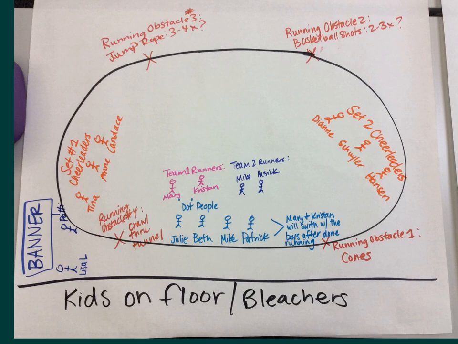Then we have our runners. Team 1 runners are Mary and Kristen, and then later we're going to switch with Mike and Patrick. So Kristen and I are going to start off the song. Kristen and I are going to start right here, and Kristen's going to go to obstacle 3. You'll notice there's 4 obstacles. She's going to go to obstacle 3 on the track, and then I'm going to start off. I'm going to go through obstacle 1. I'm going to go through obstacle 2. I'm going to be holding our baton, which is a lovely candy cane that we have in the library, a big old fat candy cane.